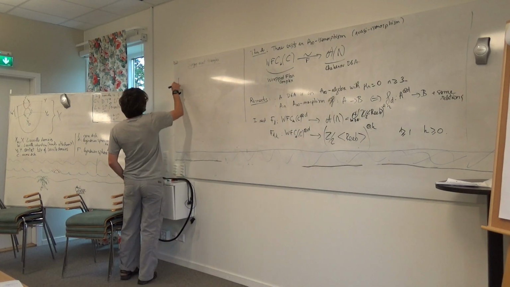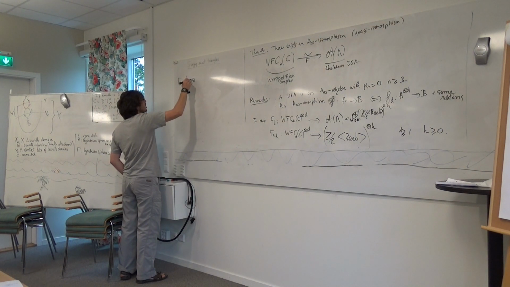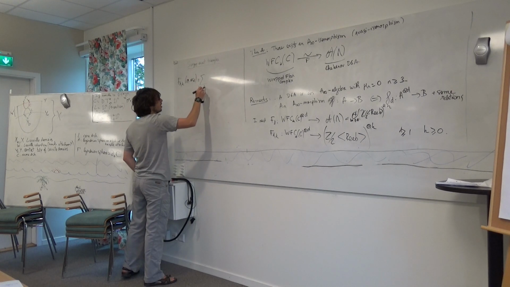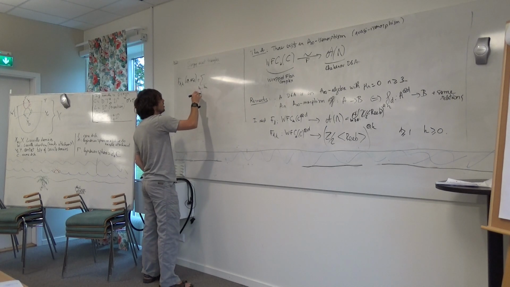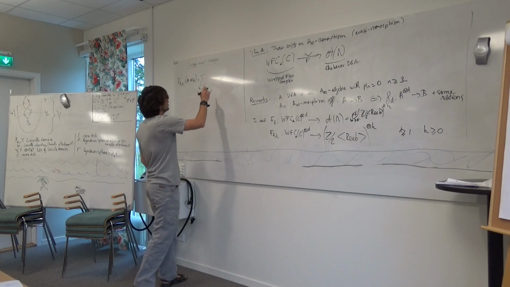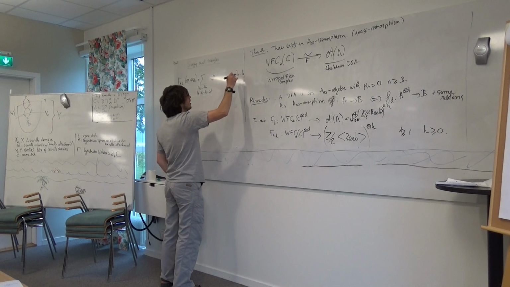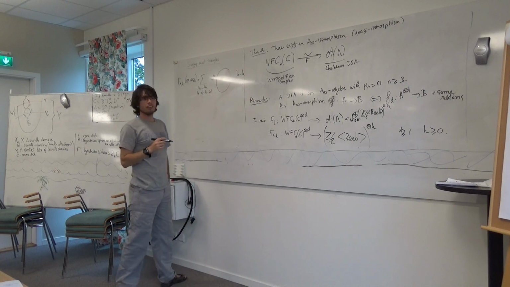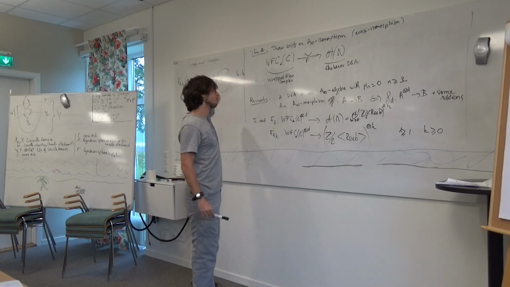So F_dk will count of C1 through CD, will be the sum over all B1 through Bk, such that the count makes sense. So let's say B1 through Bk equals C1 through CD, whatever that means, and the count of some moduli space, B1 through Bk. And the moduli space, I will draw it, but I will come back to it at a later stage, because I will try to explain why this is an isomorphism.